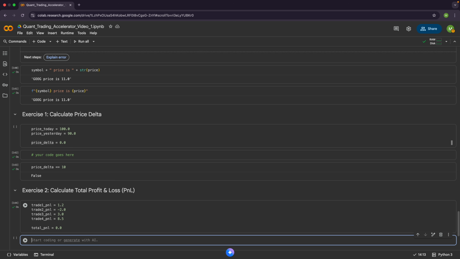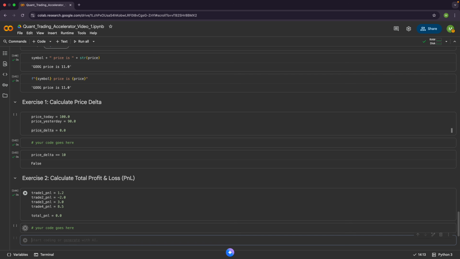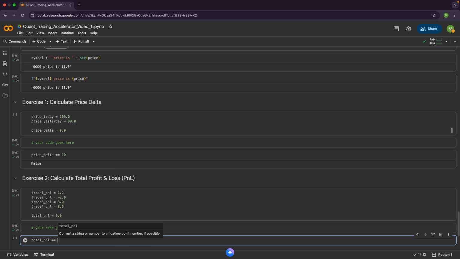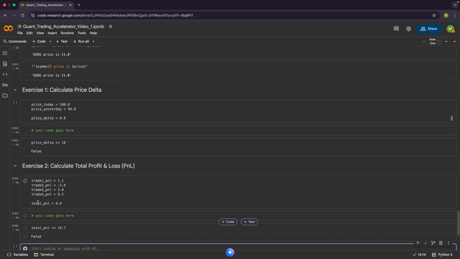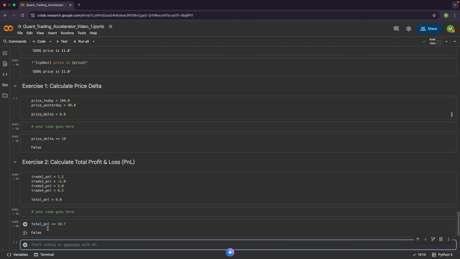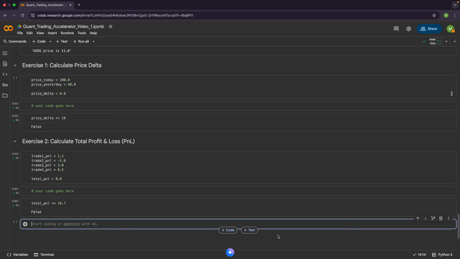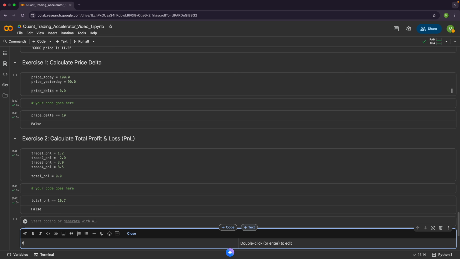Your code is going to go here, and then if you've done the calculation correctly, then the total P&L should be 10.7. At the moment this is 0 because that's the default value that I've set. So that's the second exercise. And now the final exercise, which is a bit trickier but not impossible,